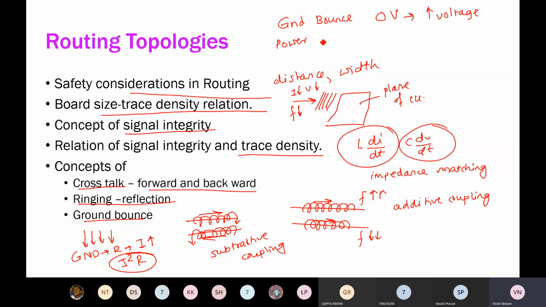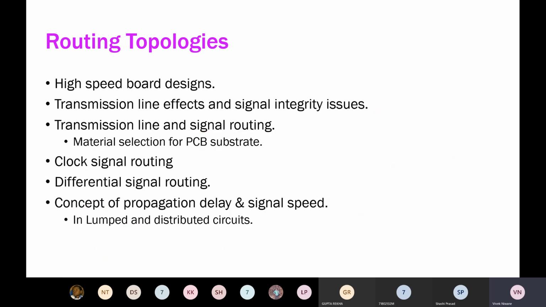Whereas when we consider power bounce, or supply bounce, let us write down supply bounce. Usually let us assume that 5 volt is the supply voltage for our design. It gets reduced, ये voltage reduce होता है तो उसको कहते हैं supply bounce. Ground bounce voltage increase होता है, supply bounce voltage decrease होता है. इसकी वजह से जो Q point है आपका डिजाइन का वो डिस्टर्ब हो जाता है. Both are very important terms.